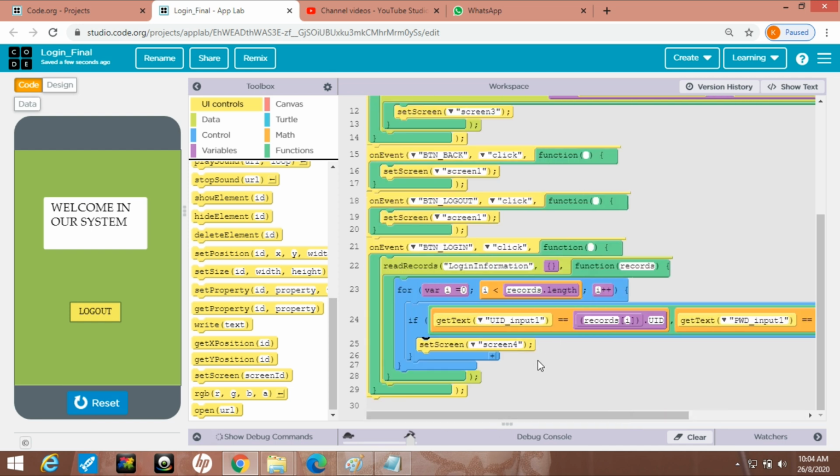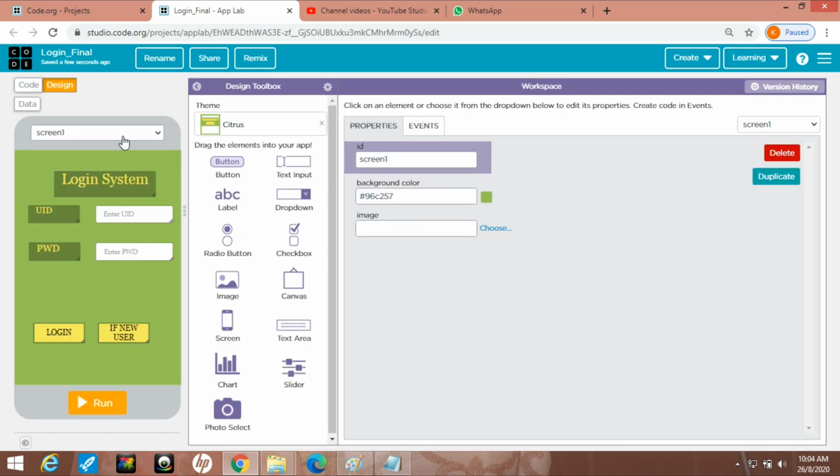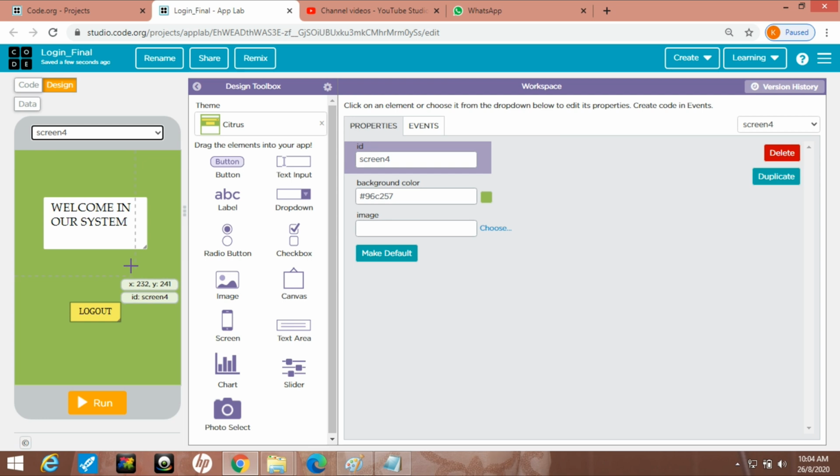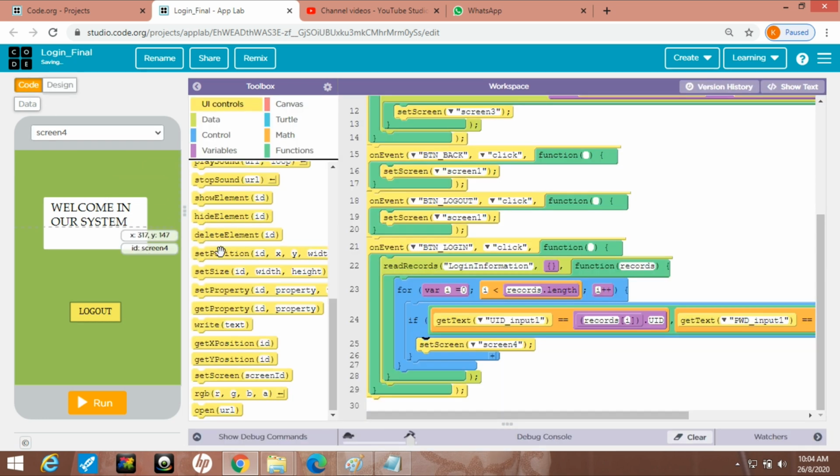How many times will this loop repeat? From 0 up to the length of these records. You will set screen 4. First of all we are reading the records from my table, login information. The loop starts from 0 and goes up to the length of the records.